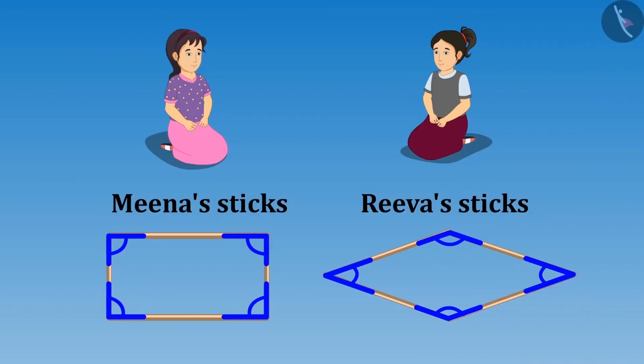Oh yes! But why is it so, sister? Because the angles in both figures are different. Just look here, the angles in your figure are like this and the angles in my figure are like this. Because of different angles, the shape of figures are also different. So don't you think angles have their own importance? Yes, sister. Now I got it. If there is a change in the angle, it will result in change in the figure as well.